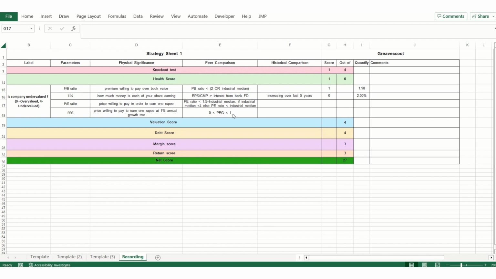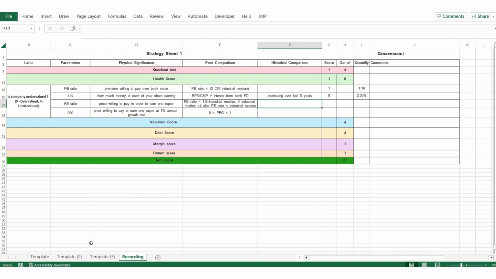So now the next is your PE ratio. Now the criteria for PE ratio is that the PE ratio should be less than 1.5 times of industrial median. And this condition is true only if your industrial median is less than 4. Because we have seen if the industrial median is very low, say 2, 3 or 1, then really just putting it less than industrial median would be a bias. So we are saying that it should be 1.5 times of industrial median when it is less than 4. Otherwise, the criteria is that the PE ratio should be less than industrial median.